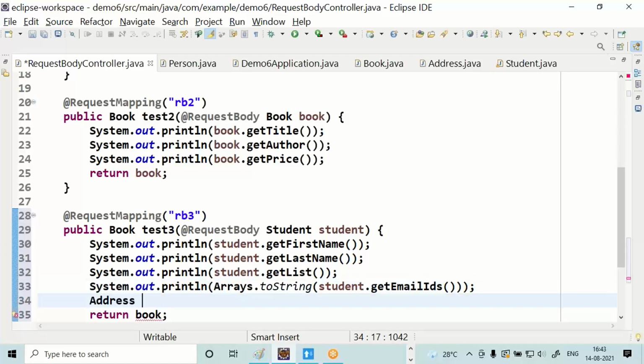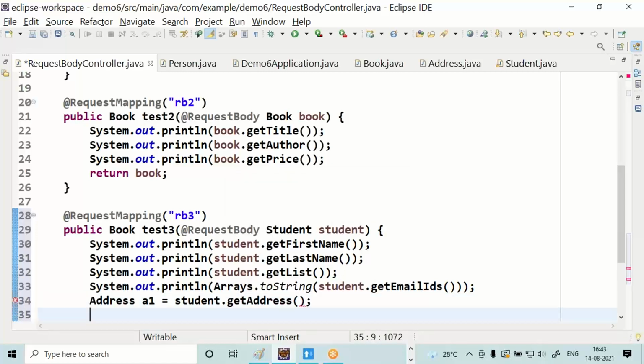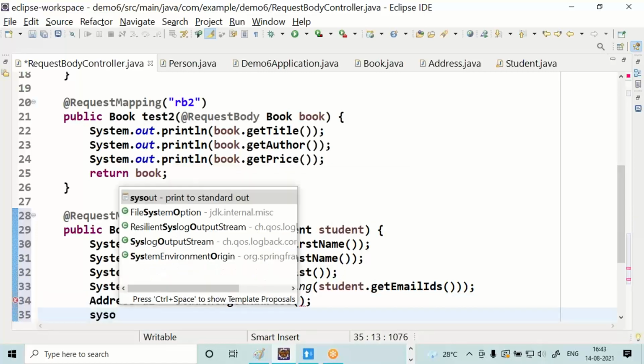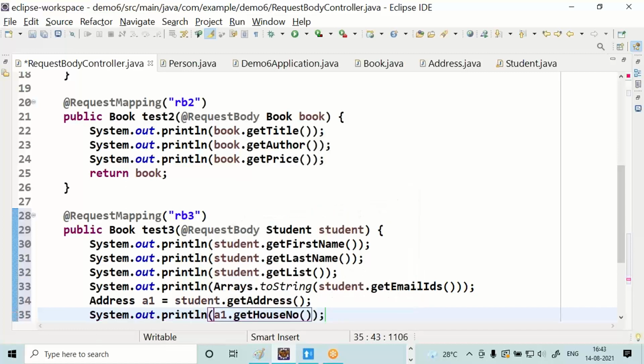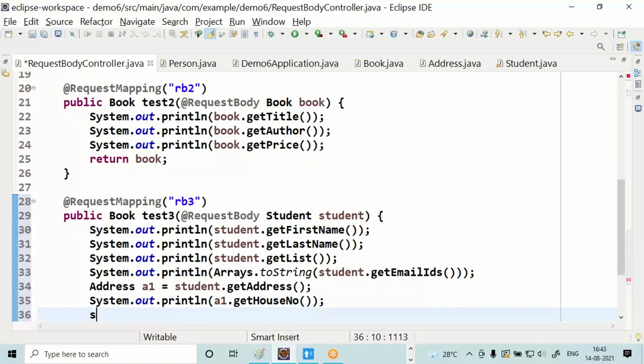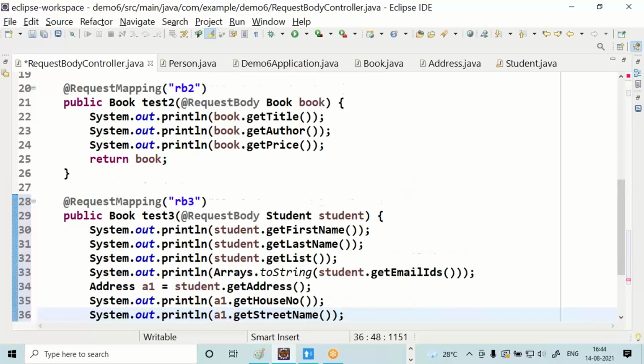Now get the address. Get house number. Get street name.